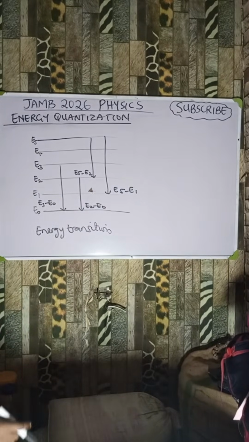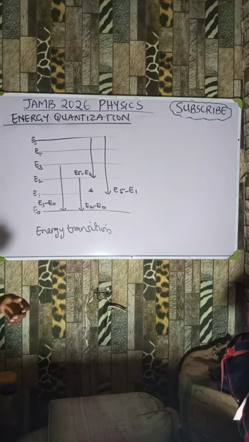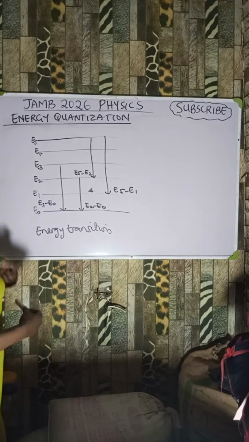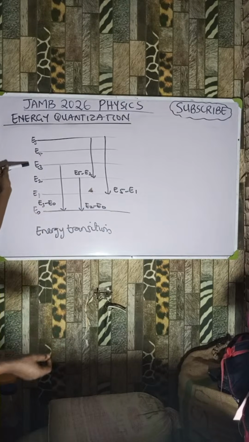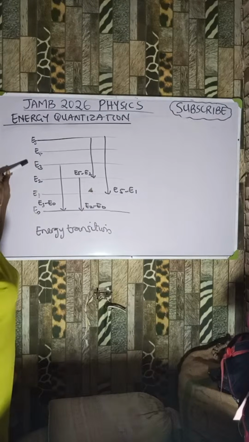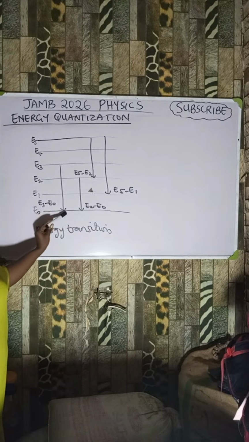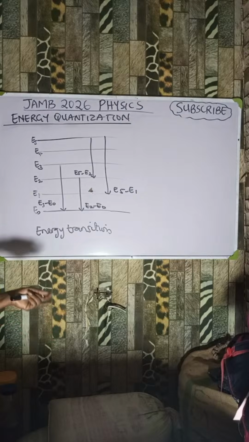I was saying earlier that atoms in their normal state are said to be in their ground state, okay? But if they are bombarded with an energetic particle, they are going to jump from one energy level to another. Now, this atom jumped from the ground state to energy level 3. Why did it jump? Because it was excited, right? But because the excited states are not stable, it jumped from the ground state to energy level 3, right? Now, because this energy level 3 is not a stable state, it is going to return back to its normal state.